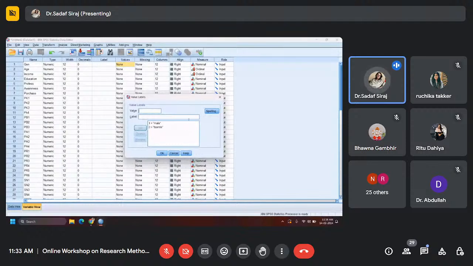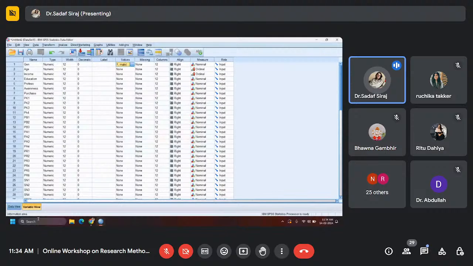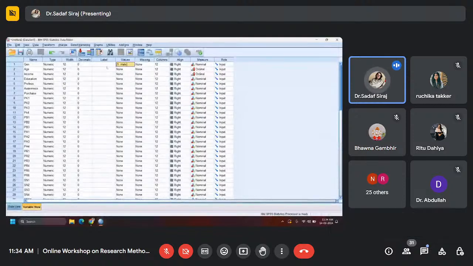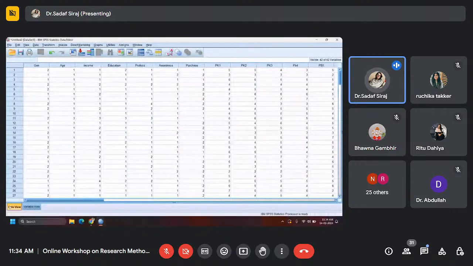ठीक है, so some things came by default, meaning the whole of the data view was imported. Many of the things were imported under the variable view, but you need to make changes. You need to put the values over here, you need to make the changes in the measures over here, and you need to put the label. This happens when I am just importing the data from the Excel sheet. I'm not doing it manually. The traditional way is to create the variable view and put the data on your own one by one. Whichever way suits you, you can go about it.